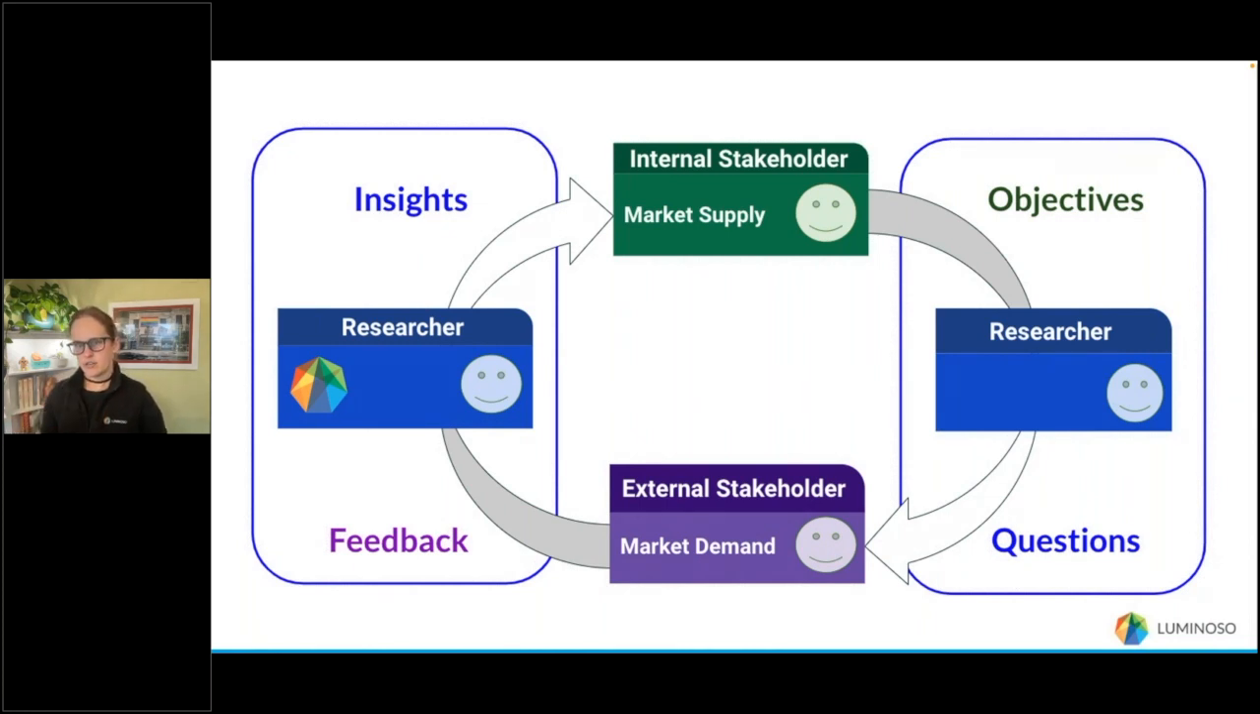When the external stakeholders receive the questions, they give the feedback. That's where Luminoso fits into this cycle, because we will process that feedback, and then you get to find that feedback and turn that into the insights that go into the decision-making process, wherever that may be. So keep that in mind